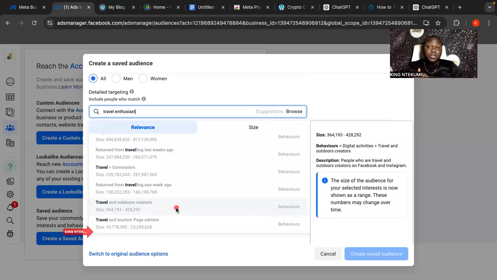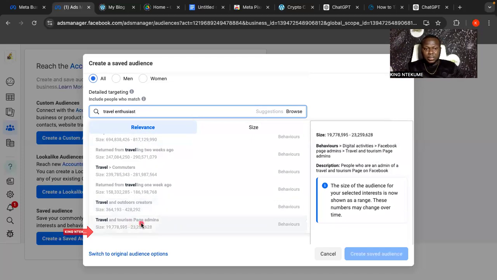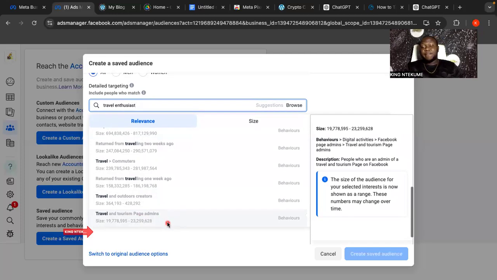Now, this is not just based on interest-based targeting again, but rather than the interest that we saw here, we're now trying to marry it with the audience available on Facebook, what Facebook is going to give to us. So what was the next thing that we saw? So I don't want to target travel and tourism page admins. I don't want to do that, but at the end of the day,